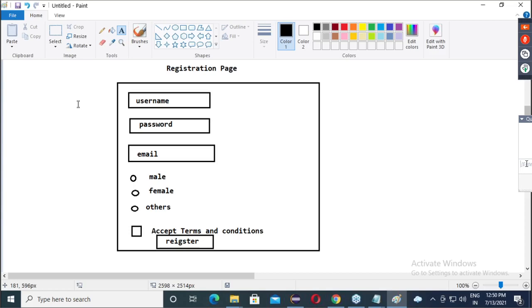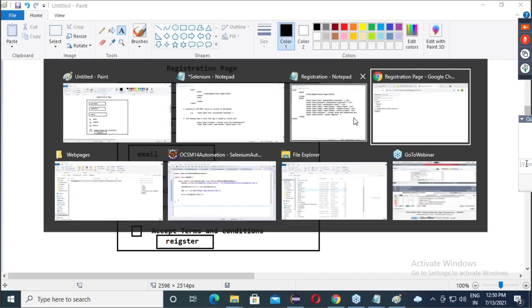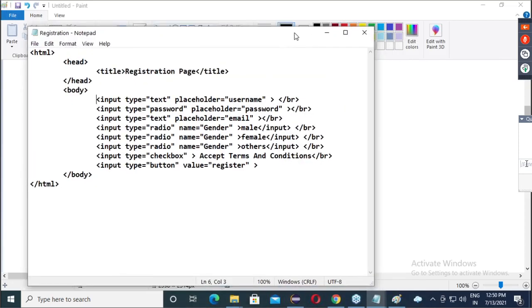Everyone, online people. Okay. So, guys, write down this HTML.